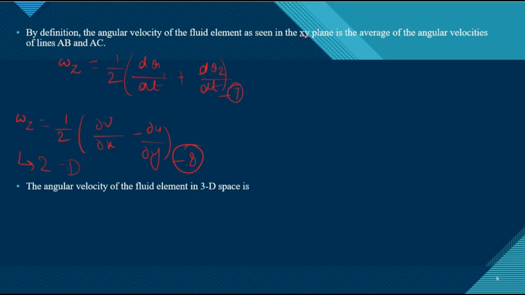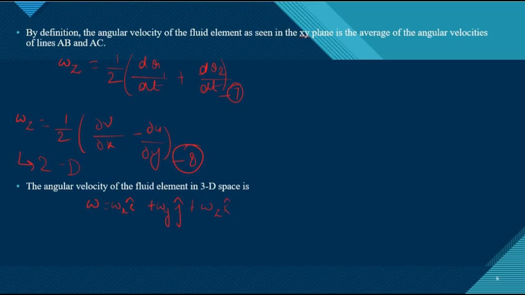But in general, fluid movement is never two-dimensional, right? Fluid always moves in a three-dimensional field or a three-dimensional space, and its angular velocity omega is oriented in some general direction. In equation 8, we can see that we have got the z direction component. So similarly, we can get the x and y direction components as well. Now, if we move on to the 3D space, how can I write the angular velocity? Can I represent it as something of this sort? Omega x i cap, omega y j cap, and omega z k cap.